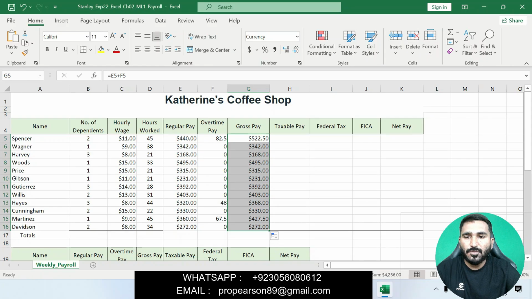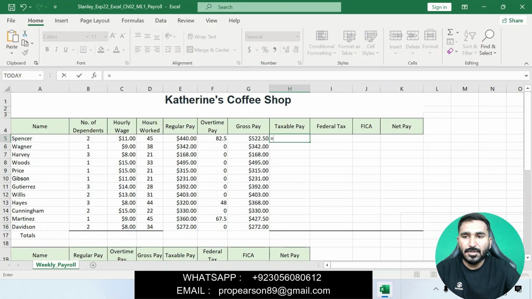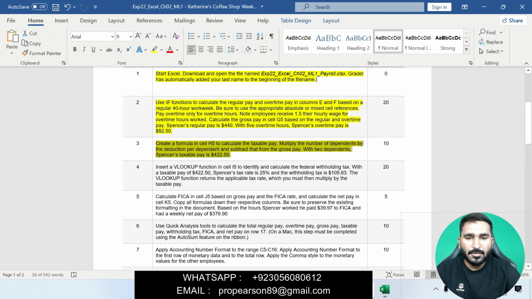Moving on to the Excel workbook, click on cell H5, press equal to, gross pay minus the number of dependents multiplying by the deduction per dependent, and subtract that from the gross pay.